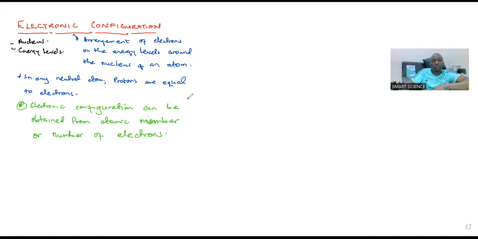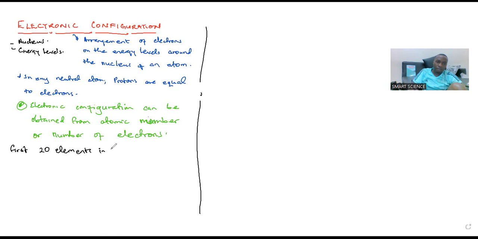So below we are going to suggest different atoms, the first 20 elements, and their atomic numbers. Then from there, we shall proceed and write the possible electronic configurations depending on what we have seen. So if we call here for the first 20 elements in the periodic table,